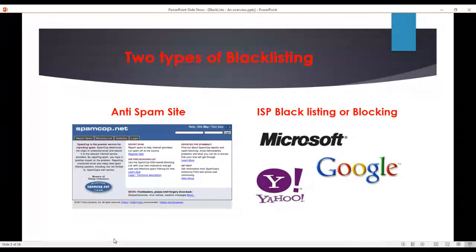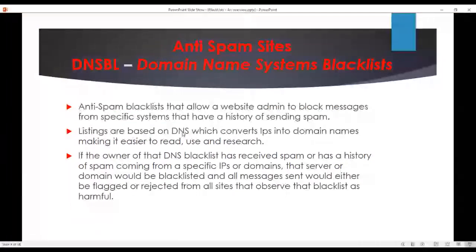So going over anti-spam sites as a whole: DNSBL sites, Domain Name System blacklists. If you're familiar with anti-spam sites, you've probably seen the term DNSBL out there. They are anti-spam blacklists that allow a website admin to block messages from specific systems that have a history of sending spam. These companies are built with the intention of targeting so-called spam operations and then blacklisting them on their sites. Their listings are purely based on DNS, which converts IPs into domain names,